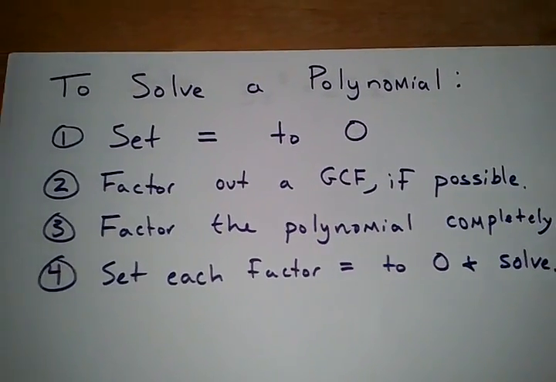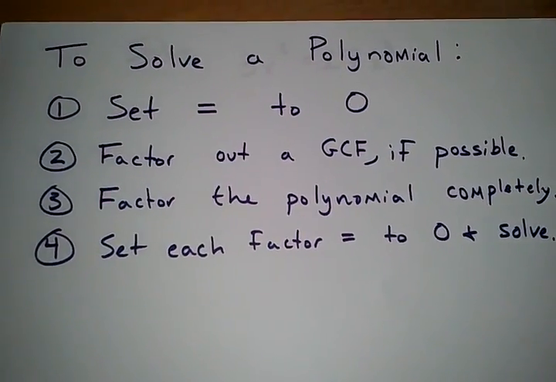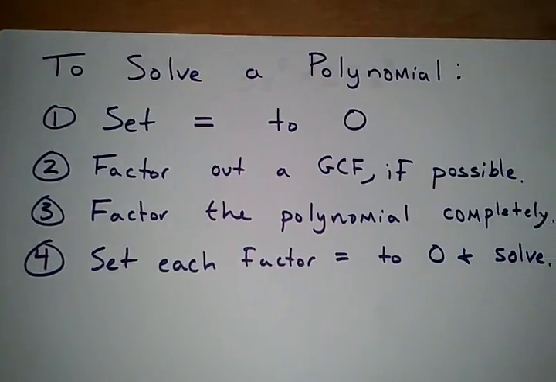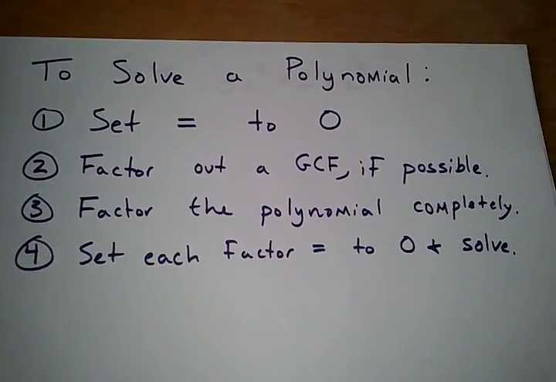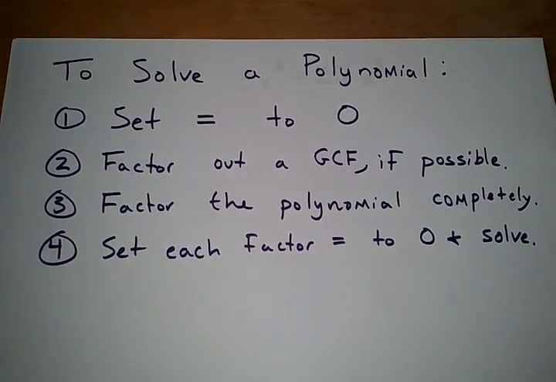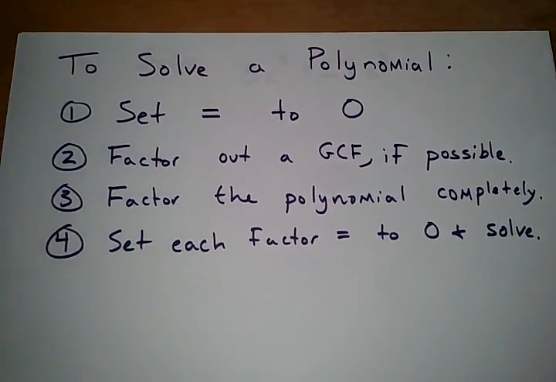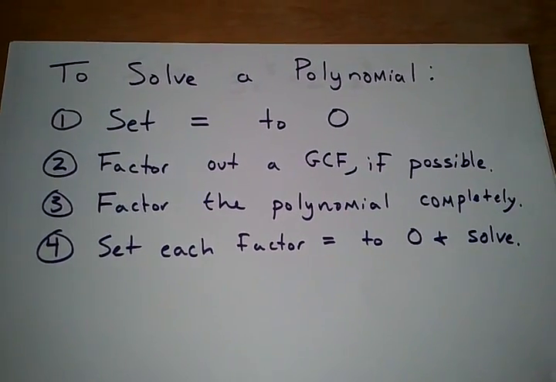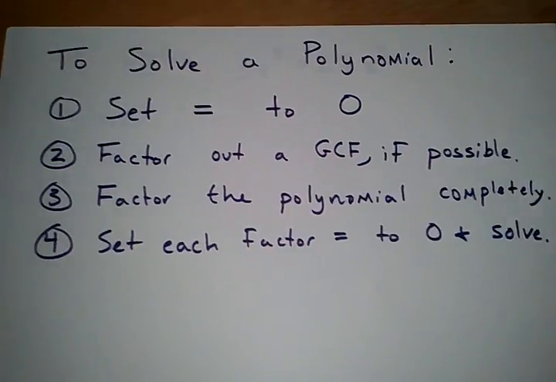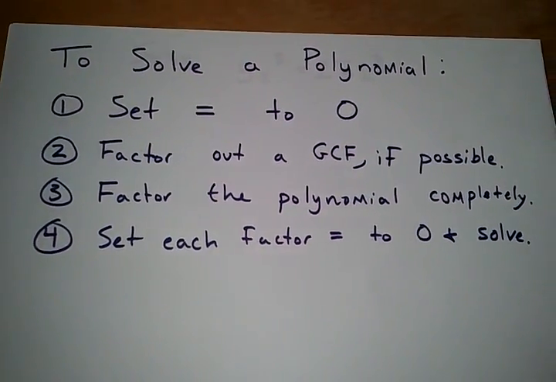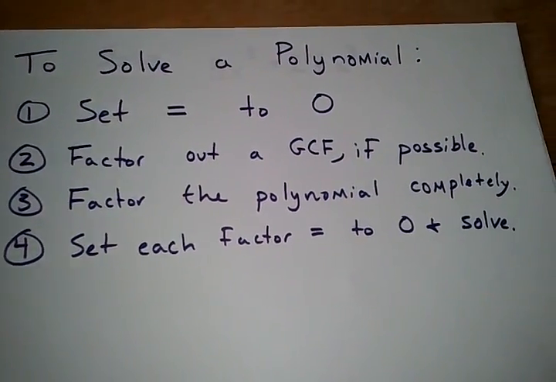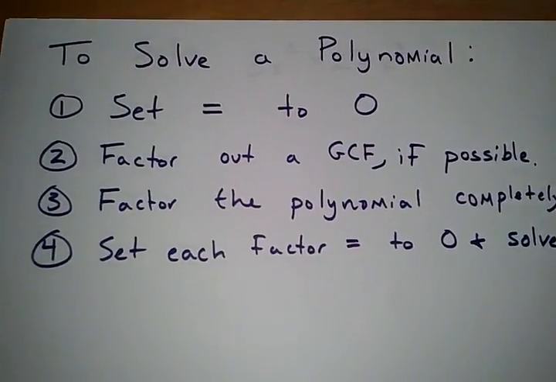In this video we're going to run through solving a polynomial by factoring. The way I teach this is a four-step method. On step 1, whatever equation that we're given, we're going to set the equation equal to 0. For step 2, we'll check to see if each of the terms have something in common. If they do, we'll pull that out front and factor it like we would normally, the opposite of the distributive